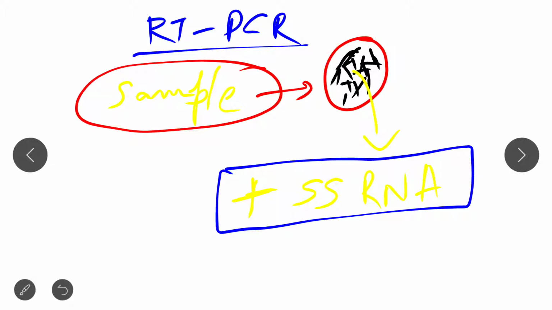After collection of the sample, we find this liquid droplet, and inside the droplets the viral particle is present, and the genome of that viral particle is positive single stranded